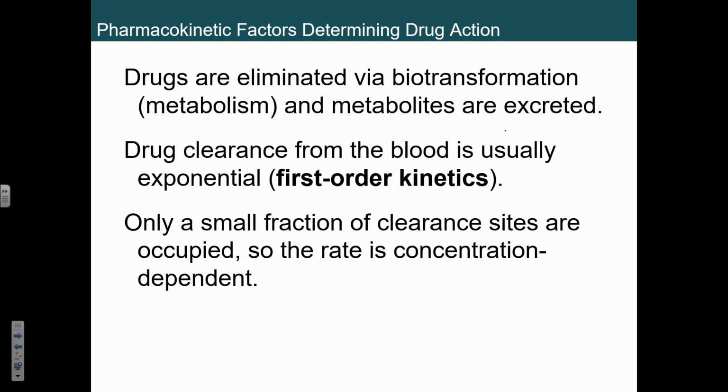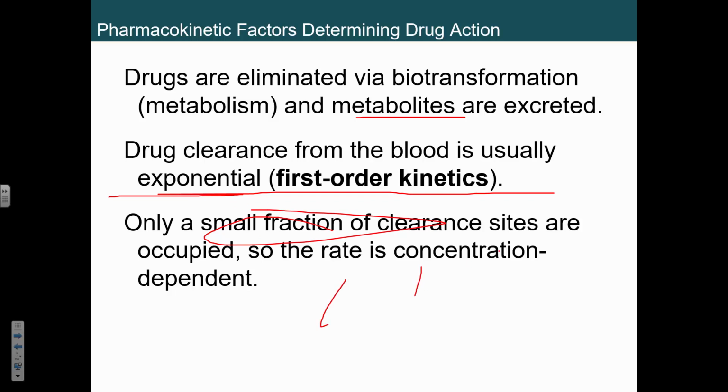Not a big deal. It's another example of depot binding. Biotransformation. Again, we want to get the metabolites and excrete those. Usually this is sort of an exponential process called first order kinetics. I don't expect you to understand a lot of this, but the basic idea is you've only got like a small fraction of places that are going to work to break this down, and so you're going to be breaking it down. That's why we talk about half-lives and things, right? Okay, so